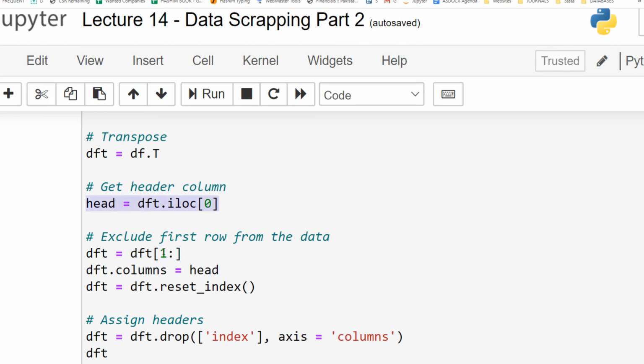So from row 1 till end we get the data out of it, and then we assign the extracted head as column names to this data frame.